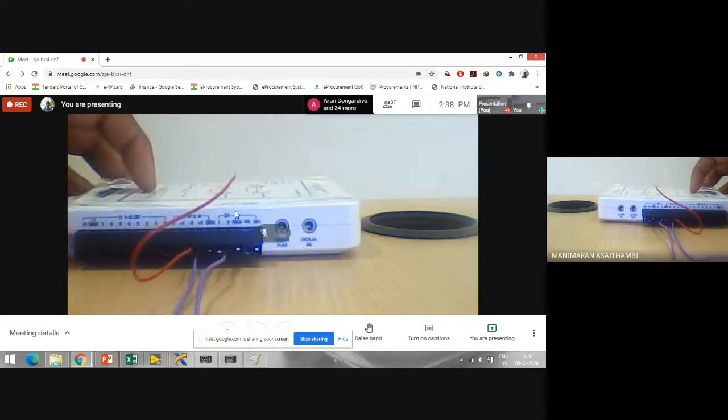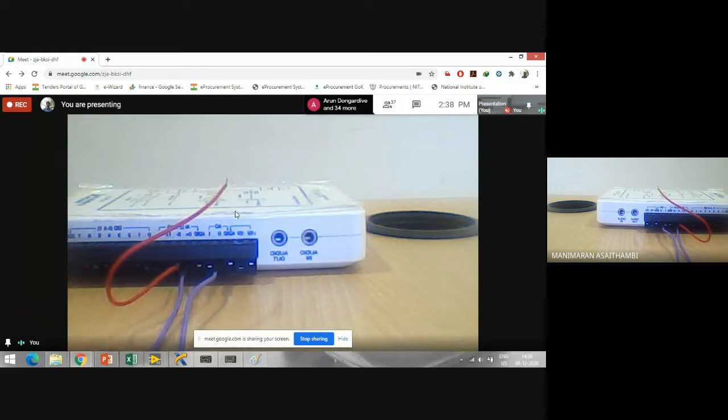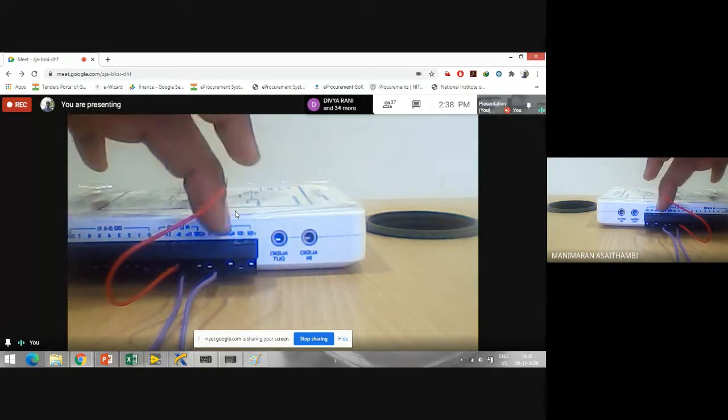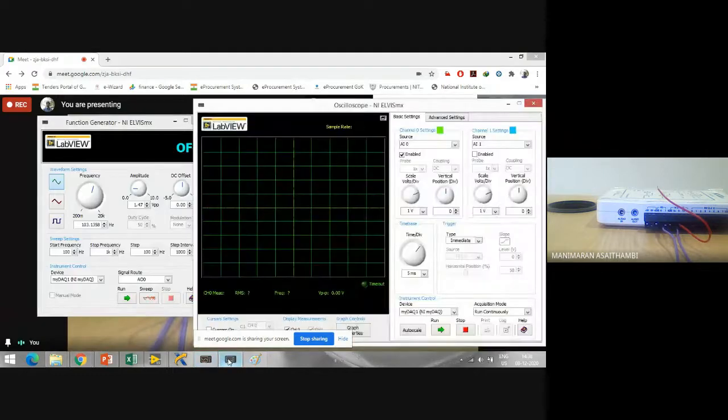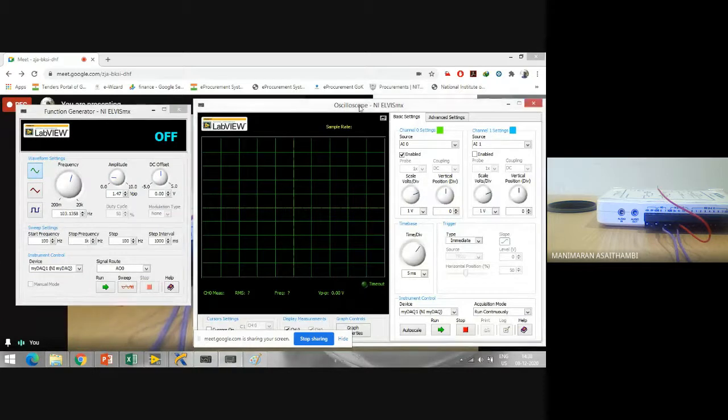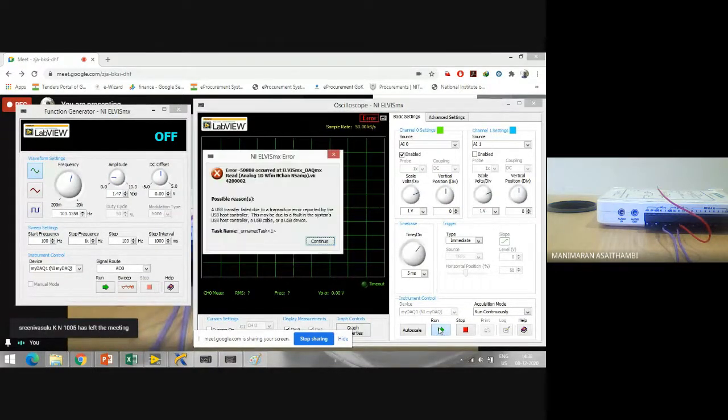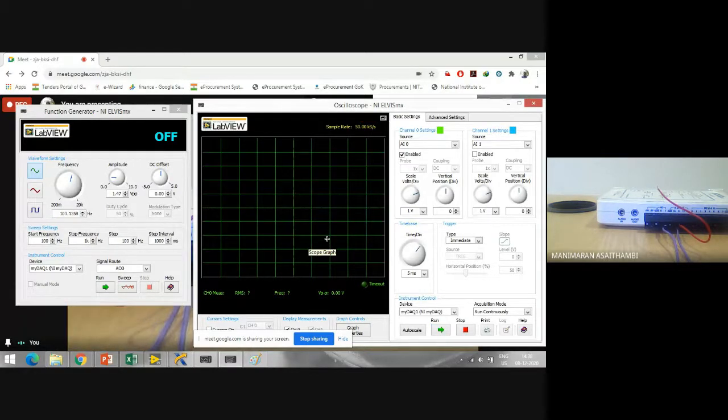So I think now you all could see where the connections are going. AO 0 to 0 plus, I have connected 0 minus, and I'm supposed to connect it to the ground terminal here. I have an AGND here. This ground terminal I'll be connecting. So now I'll go to the function generator, I'll go to the oscilloscope. I'll just run my oscilloscope.